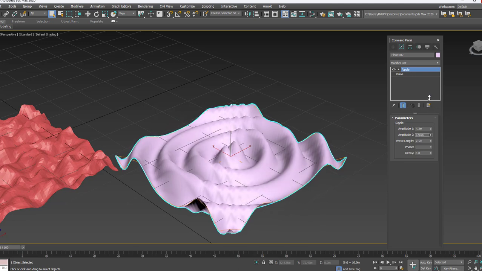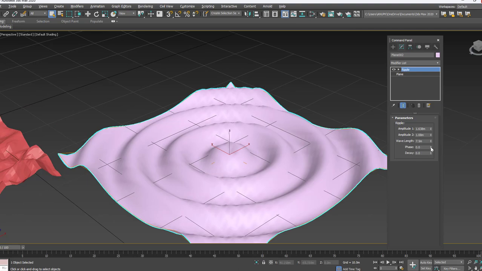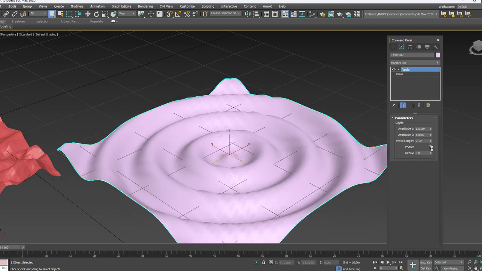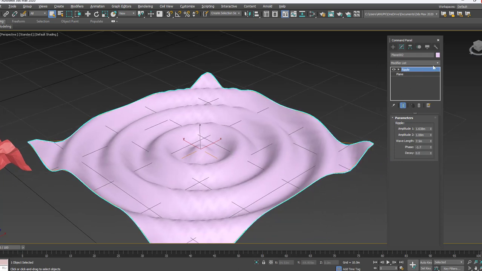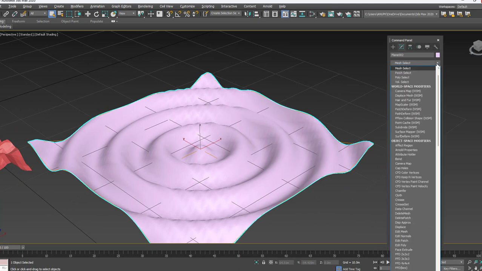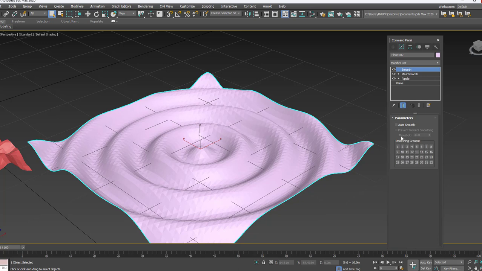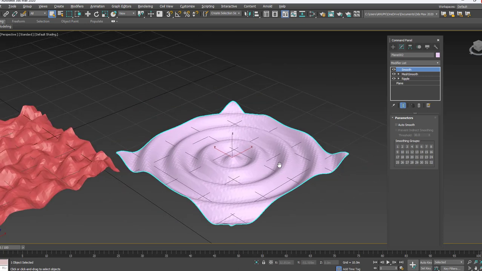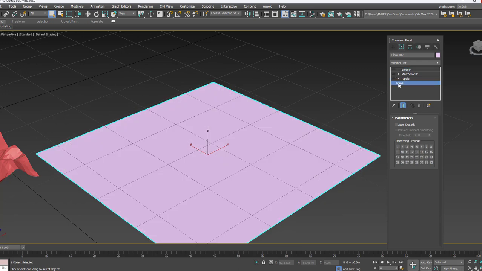Decrease the amplitude a little like this, and then phase, and then decay. Once you are done, you apply the same thing, that is mesh smooth to make it smoother, or else normal smooth. You can go with either method and then you can customize. Again, if you want to change the plane parameters, then you turn all of this off and click on the plane option and make the changes related to the plane.